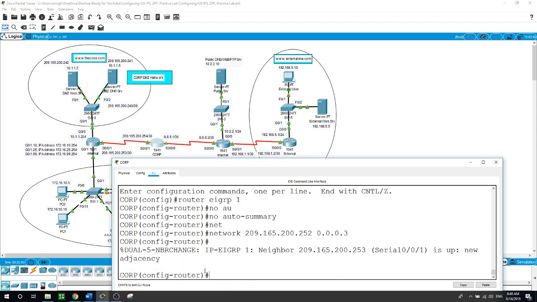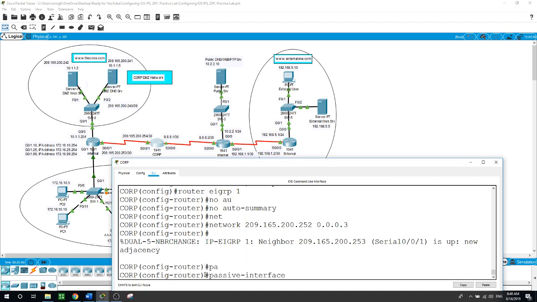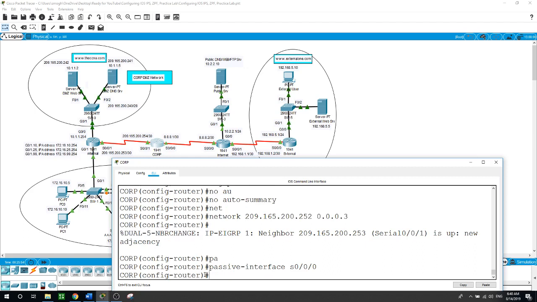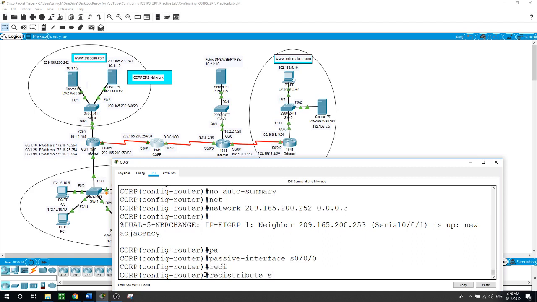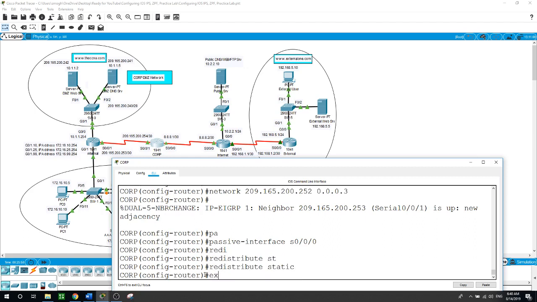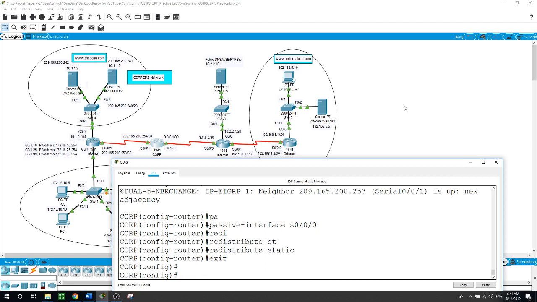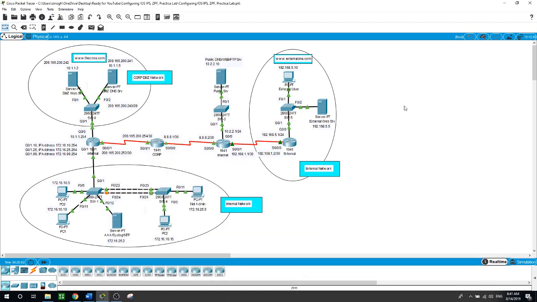And the passive interface, here we want it on the serial 0/0/0, the interface facing the internet. And redistribute static. Exit. So now we configured the routers, interfaces, default route, static route, and the dynamic route EIGRP, and the switches. So now